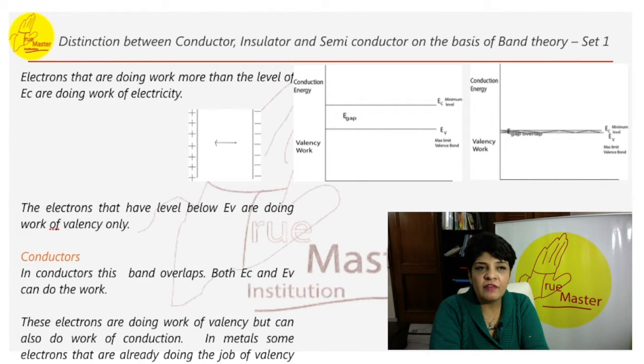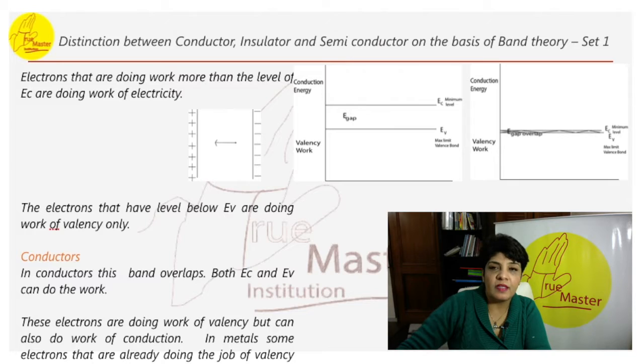The energy band filled with valence electrons is called the valence band. They are doing the work of valency only. Valency means bonding. So that is, electrons in the last orbit are pairing in turn around another nucleus. So it's rotating around another nucleus. So they are called valency. They are filling the valency. It is denoted by the symbol EV and has a less energy level. Hence in this graph they are shown here in the bottom.